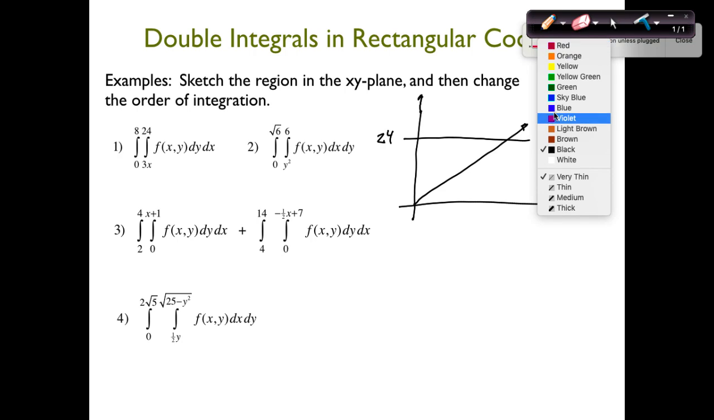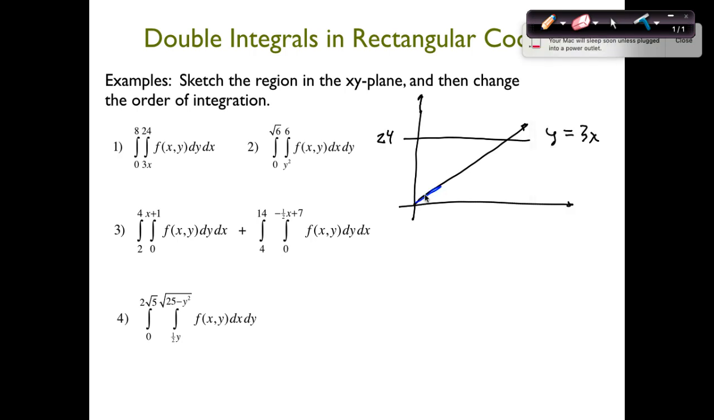Let's see. Bottom blue. Top is, I don't have teal, but I got terracotta. Bottom blue, top terracotta. All right, and so